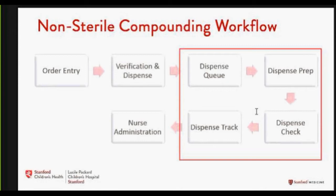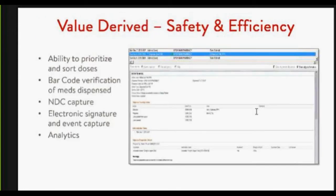That this particular strategy impacted was really the dispensing of the medication and the preparation in the pharmacy, as you see here. So what we were able to integrate is something called the dispense queue, dispense prep, dispense check, and dispense tracking. Derived. So what we're able to do now is, in my aldactazide example, when we do an aldactazide suspension, the